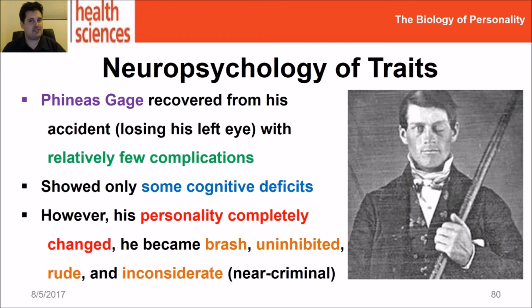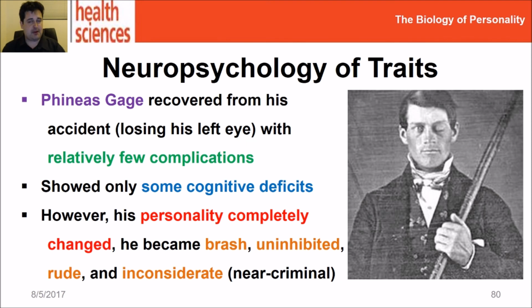But the main complications he developed were personality complications. He showed only relatively mild cognitive deficits. He didn't lose a lot of his wit or intelligence. But despite being a very likable, amiable man before the time of the accident, after that, his personality radically changed. When he lost some of these prefrontal cortical regions, he became brash, uninhibited, rude, inconsiderate, to an almost criminal degree. If he saw a very attractive woman, he would start touching himself inappropriately because he couldn't inhibit the desire to do that. If he was at a restaurant and liked the food on somebody else's plate more than his, he would just reach out and pull it off their plate and start eating it. He would insult people and shout in their faces without thinking about it.